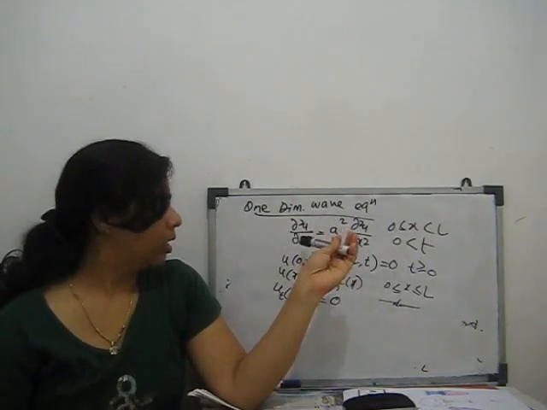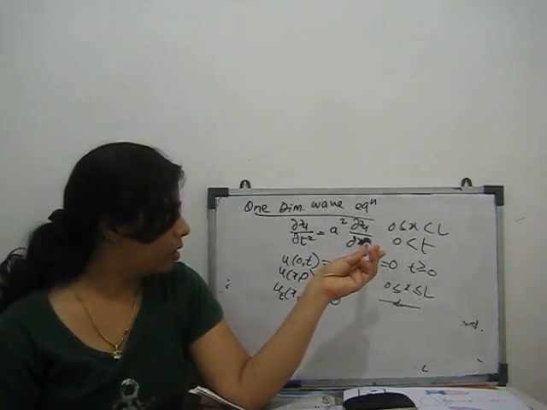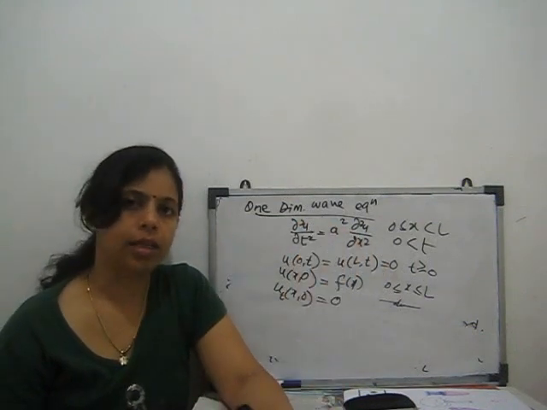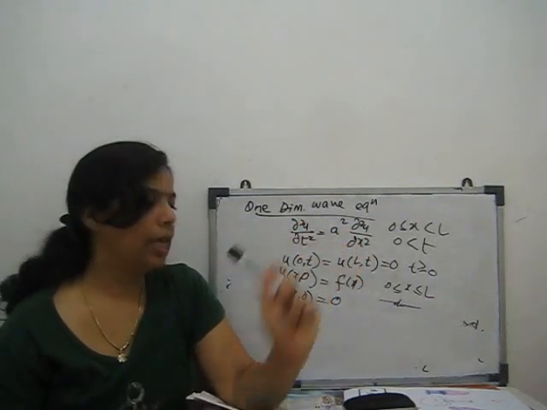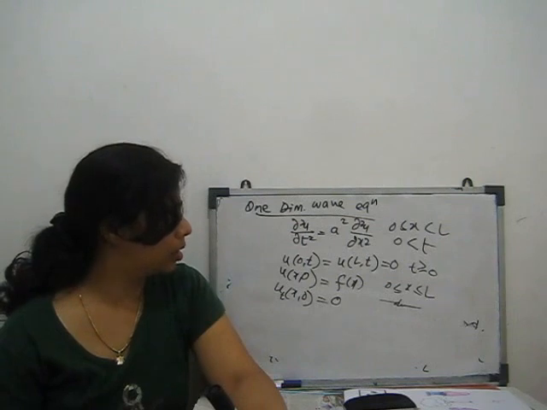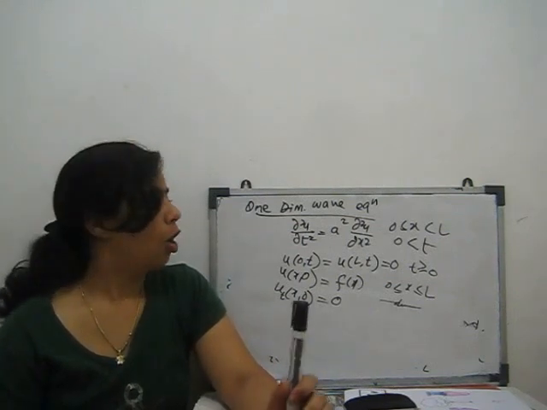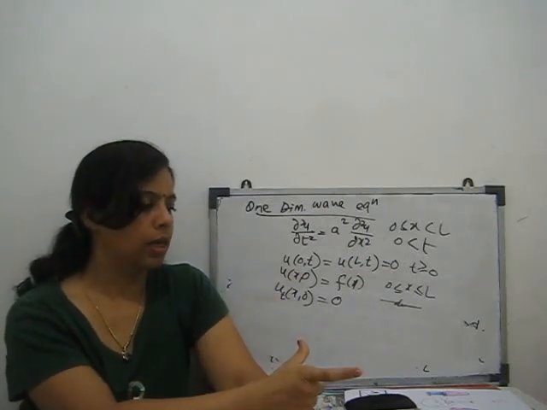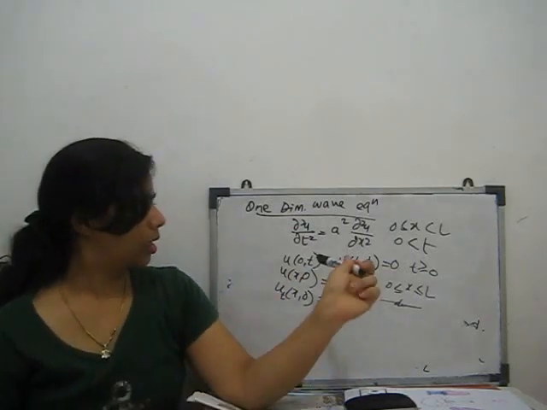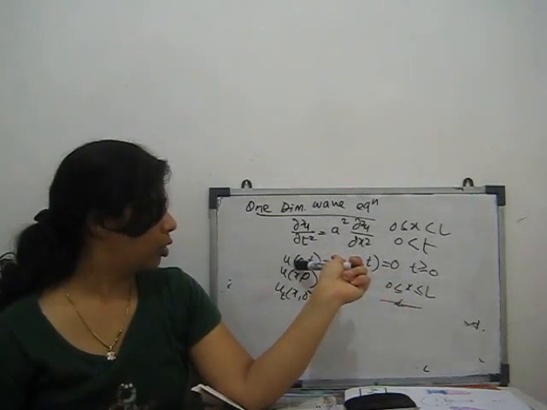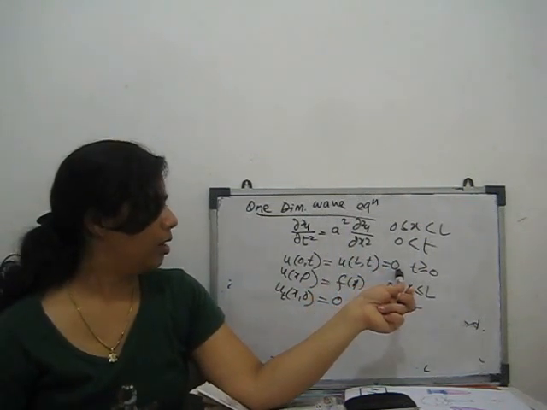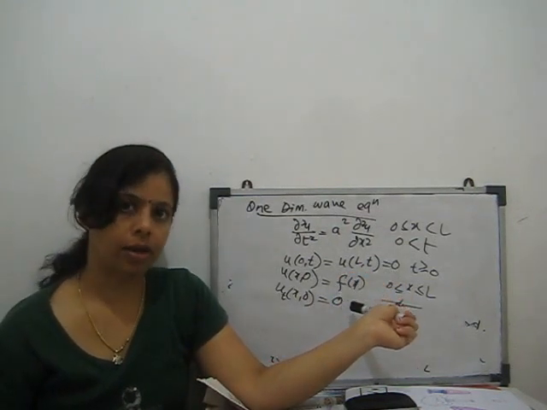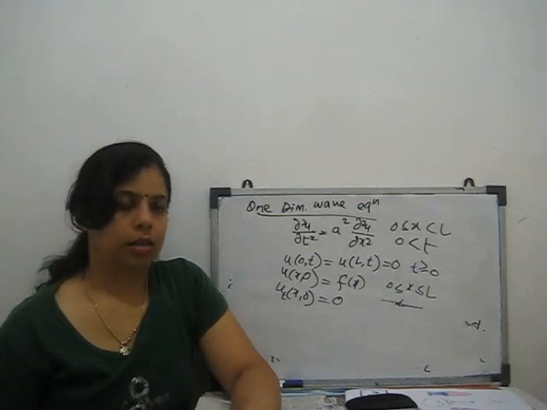Here, whatever is given, this is the one dimension wave equation where x is between 0 to L and t is always greater than 0, where this a is the constant related to tension in a vibrating string of length L having two fixed ends. The boundary condition and initial condition are given there. At x equal to 0 and at x equal to L, the value of the function is 0. At t equal to 0, the value of the function is f(x). So now we start the solution.